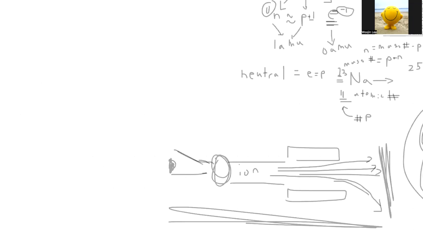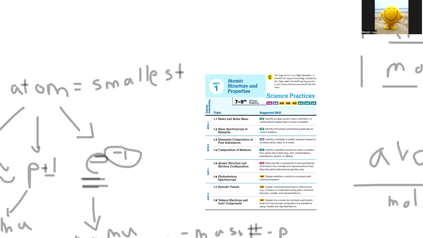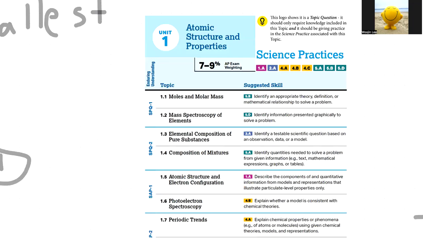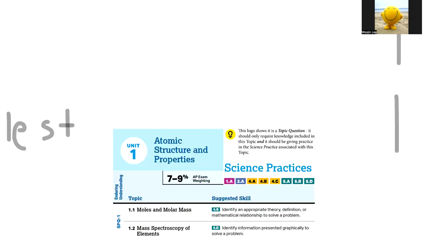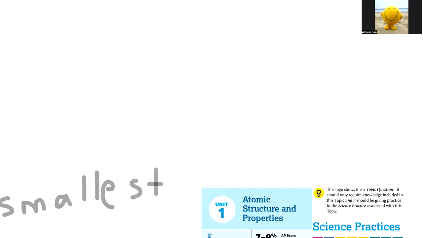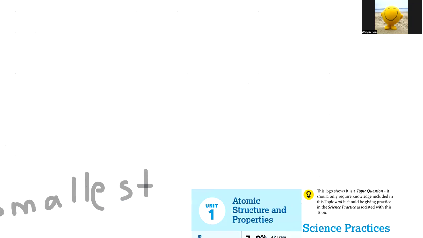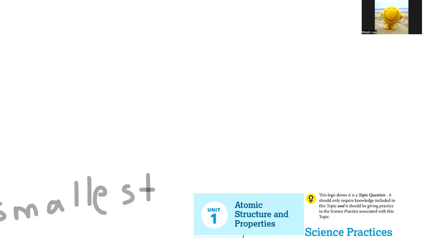We're halfway there. We'll go over what topic 1.3 is now, which is the elemental composition of pure substances. This is a really quick topic. All we need to know is that a compound is equal to the individual molecules or formula unit. And we can add on to this with the law of definite proportions. That's just saying, let's have an example for this one. So you have